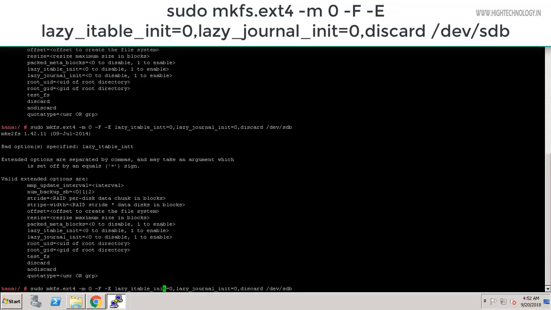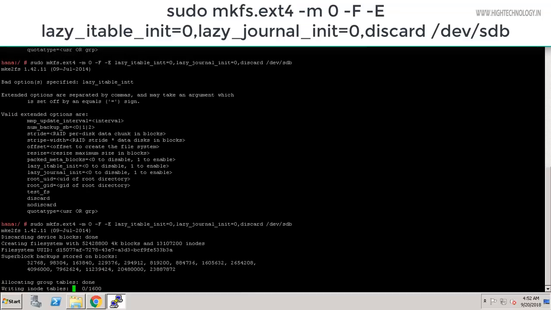Hit enter. Okay, and now it is allocating group tables and writing inode tables. So once it is done,